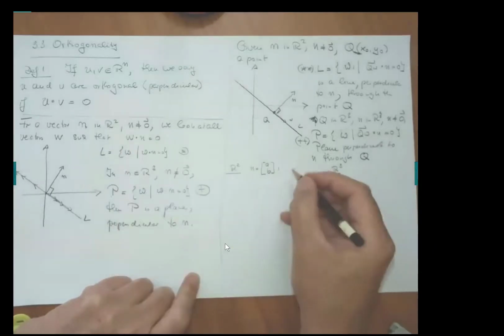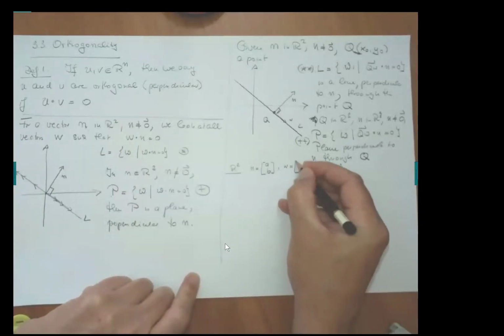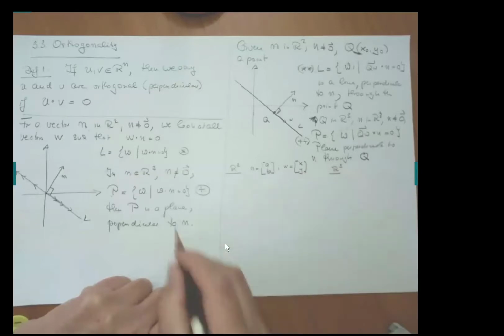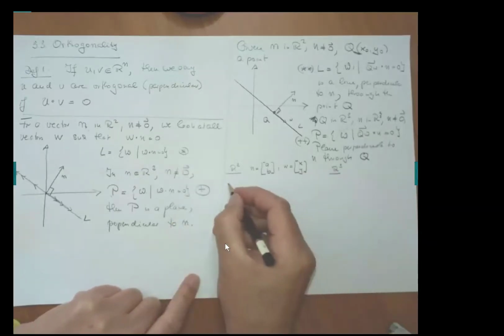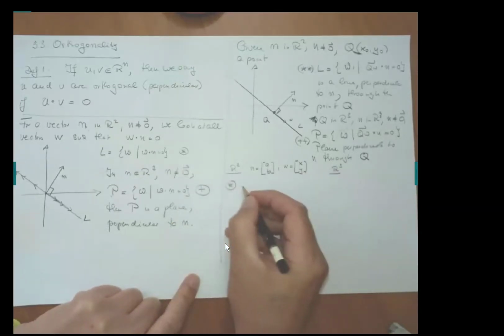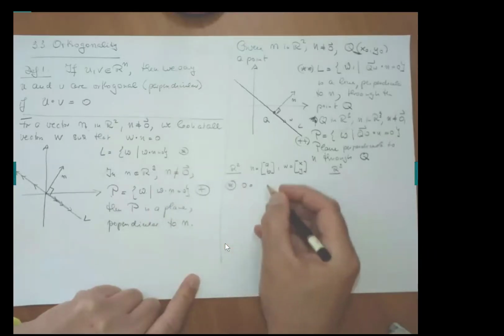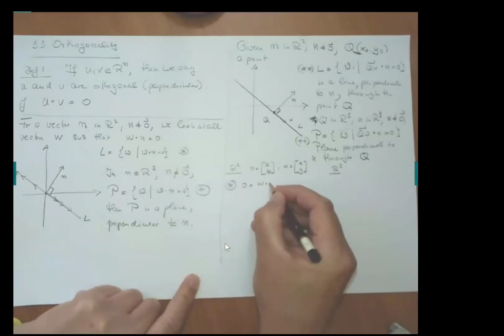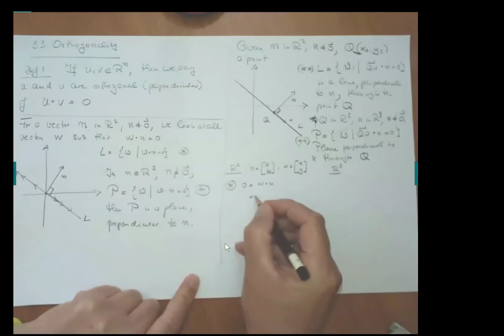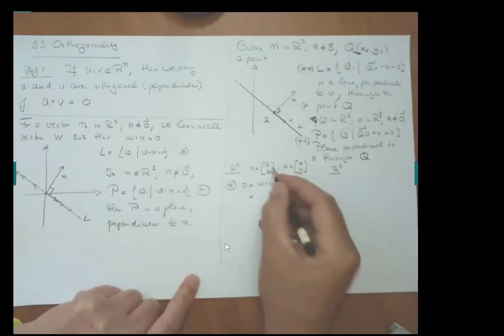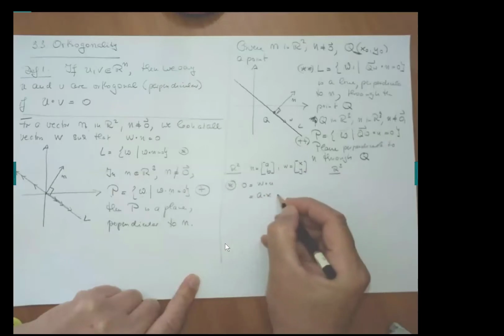And the vector W has components x and y. So now the equation star is 0 equal to W times n is equal to, now we do the dot products, a times x plus